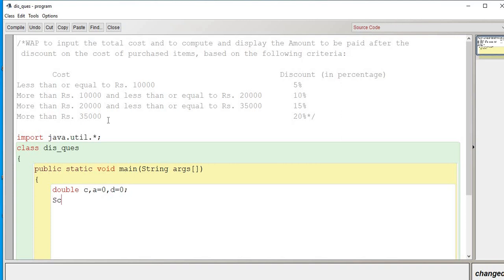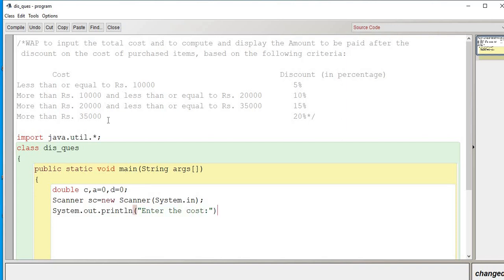Fine, let's use Scanner sc equals new Scanner(System.in). This scanner is basically used for user input. System.out.println, let's prompt the cost: enter the cost.